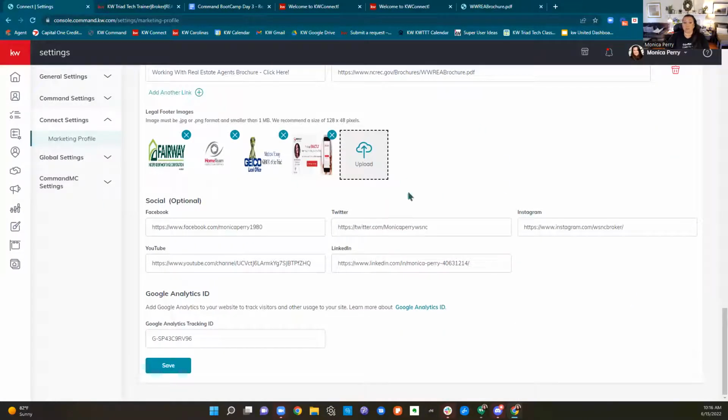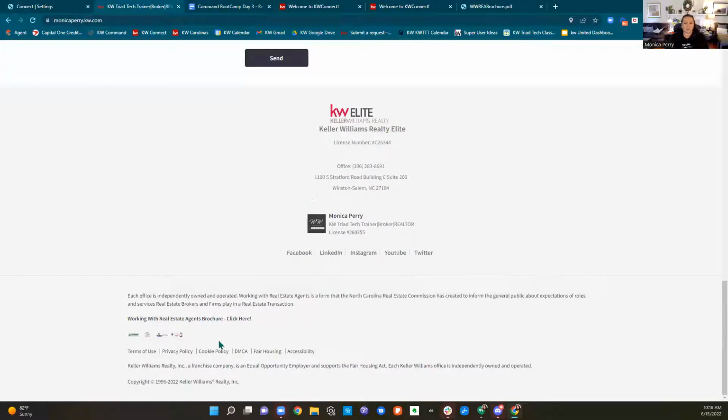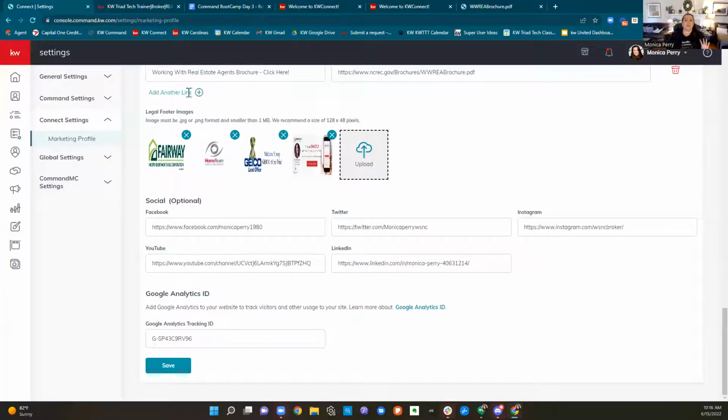Here's where I added logos of some of my favorite vendors. You don't have to do that. They show up pretty small down here. There's not a ton of customization in our websites yet. So something that we have to keep in mind with this entire platform is that when we built it 4